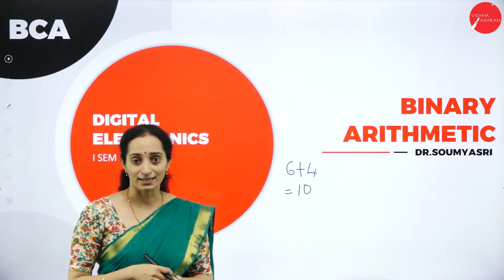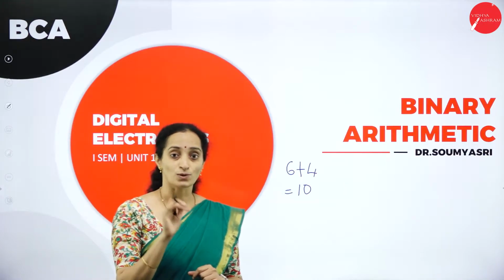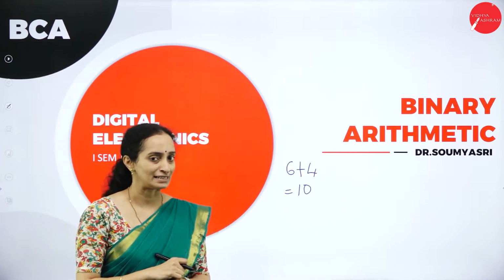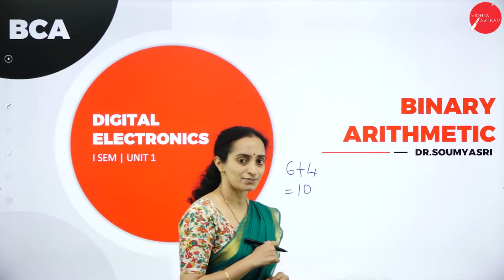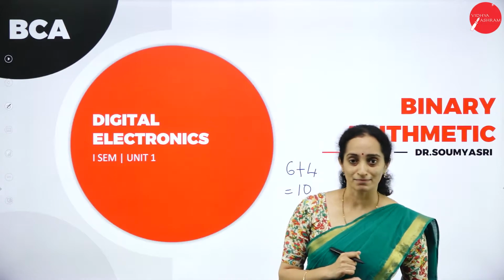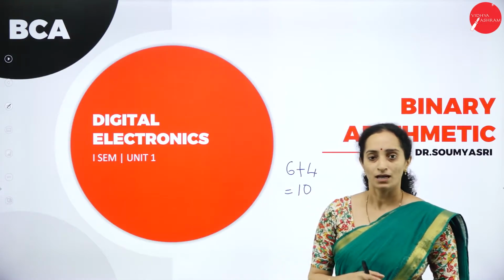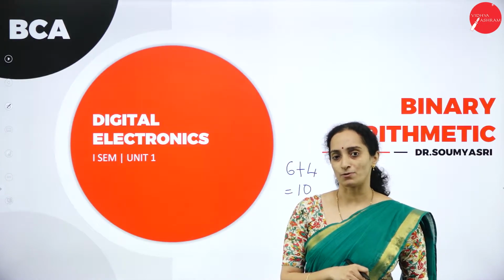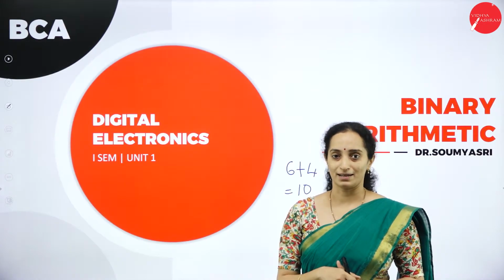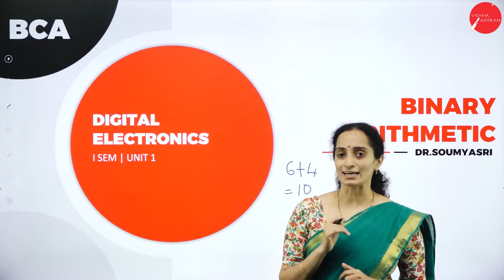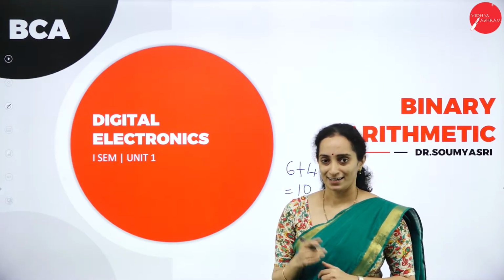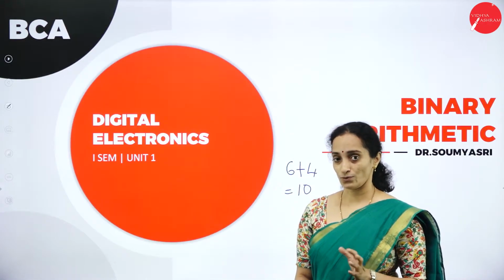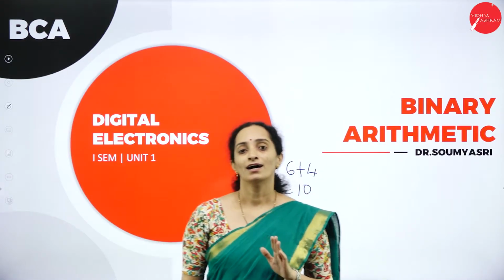If it is binary, that means the processor has to add only the binary numbers. It cannot add decimal numbers. How it converts the numbers from decimal is all we know. How the processor performs the addition operation in case of binary numbers is the topic of discussion. Now we will look into the procedure of